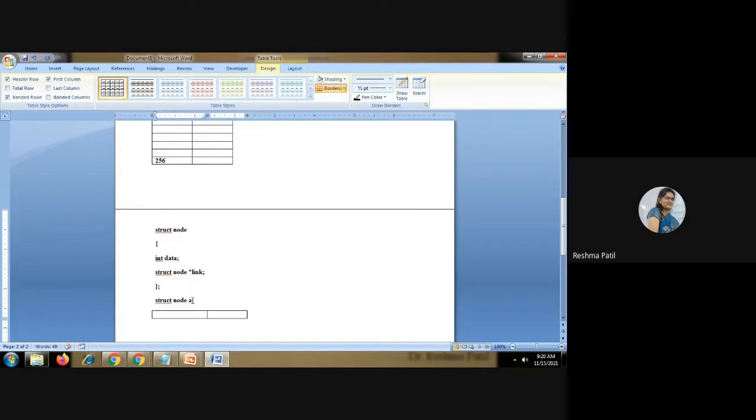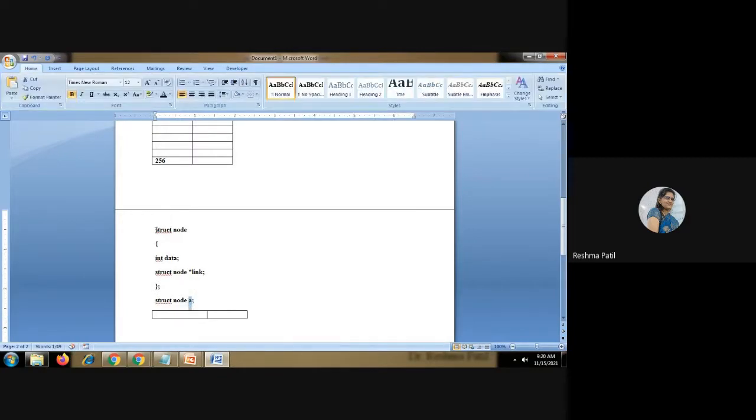So it will create a blank structure like this. Here you will write some value for the data, and the link will contain the address of the next node. Till we get the next node, it will contain null.